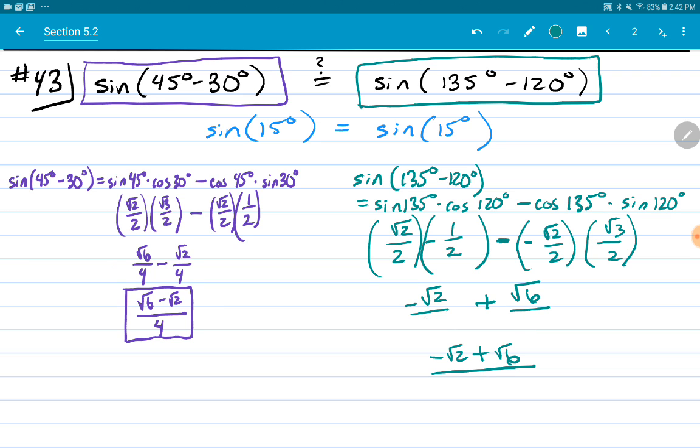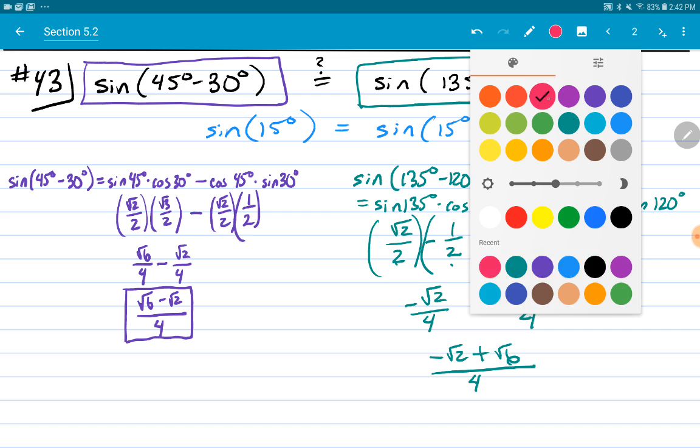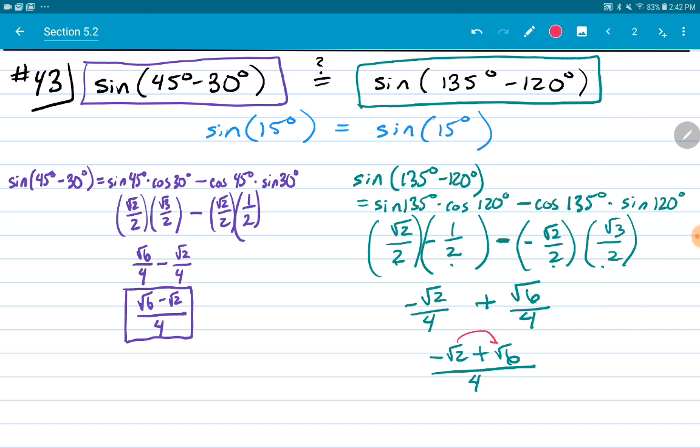So when I multiply those fractions, I get 2 times 2 gives me 4 over 4. And addition and subtraction are commutative, which means I can switch the order of these, which gives me radical 6 minus radical 2 over 4,